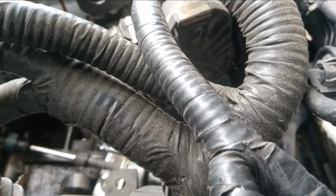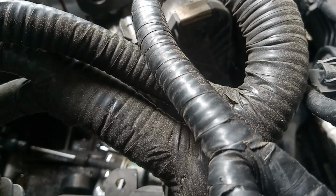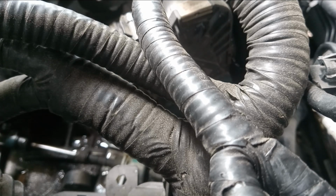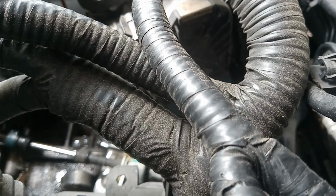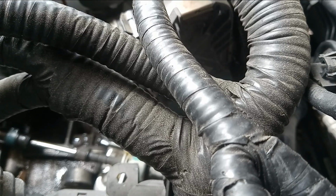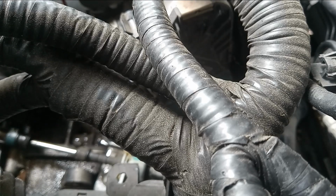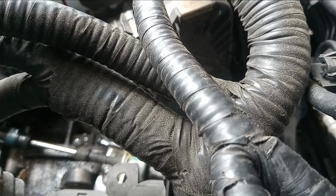Alright, now we got that clamp out of the way. There we go, got the upper radiator hose off. You stupid plug. Alright, now